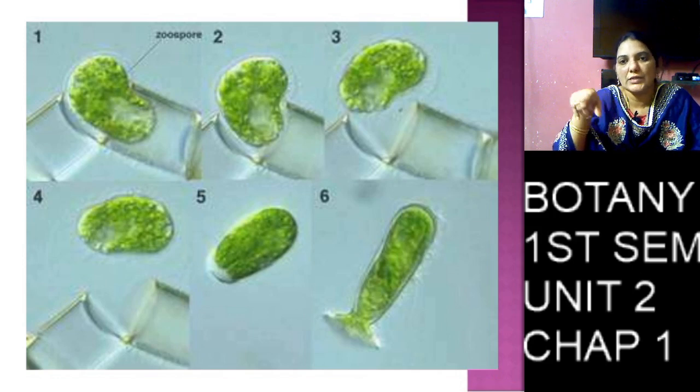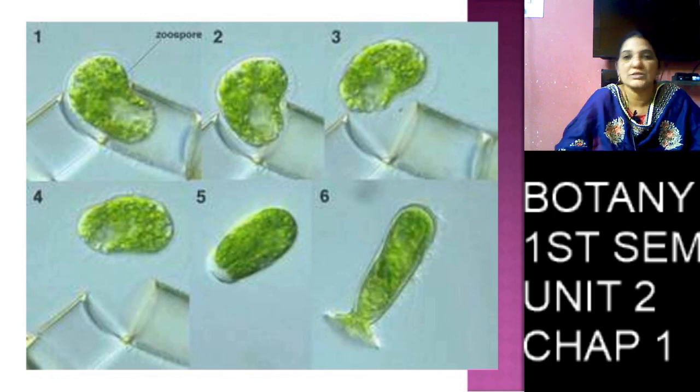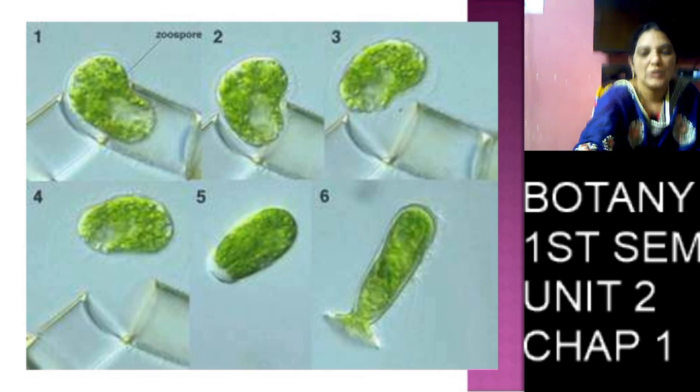These flagella form a ring-like structure that looks like a crown. This crown-like arrangement of flagella is called stephanokont type, and this completes the zoospore formation. The cell wall ruptures, and the zoospores enter the water and form a new thallus.